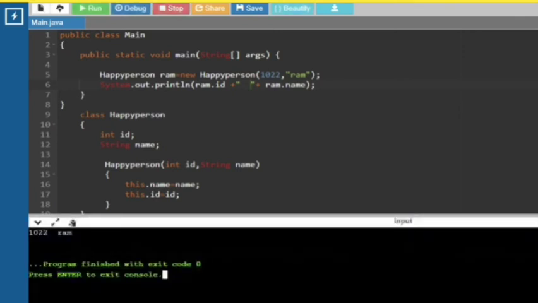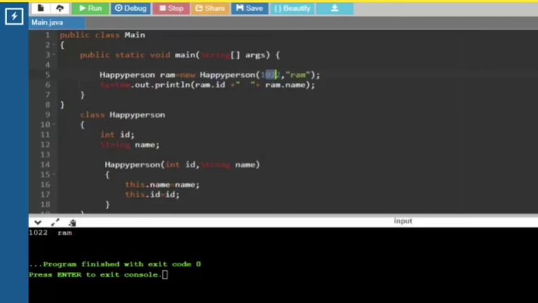So let's print Ram dot ID. We will use the concatenation operation here to print two statements, like Ram dot ID. Now we have to print his name.